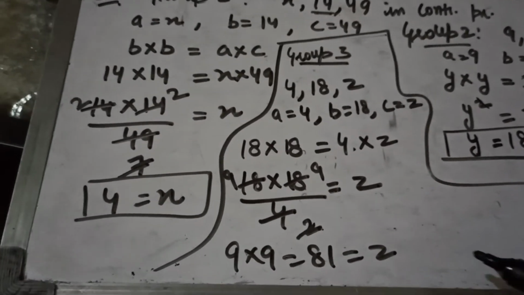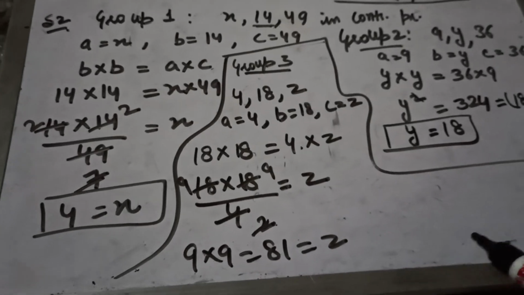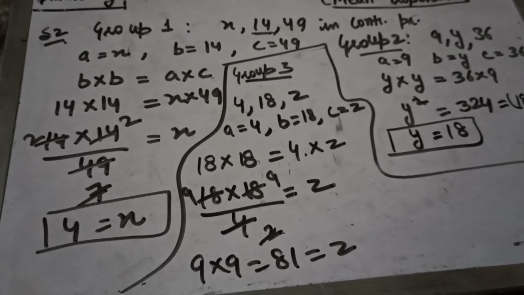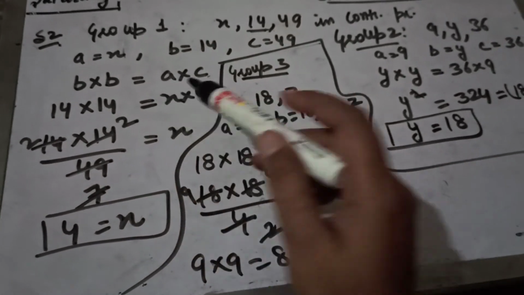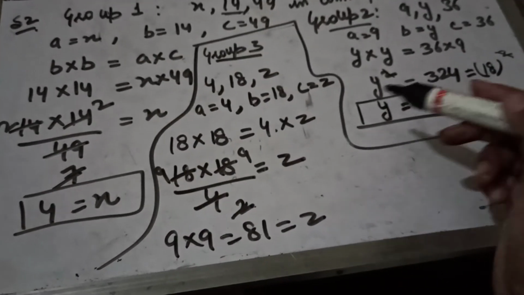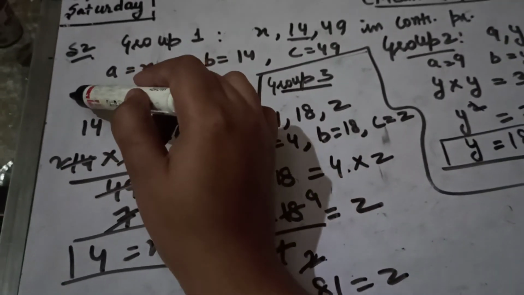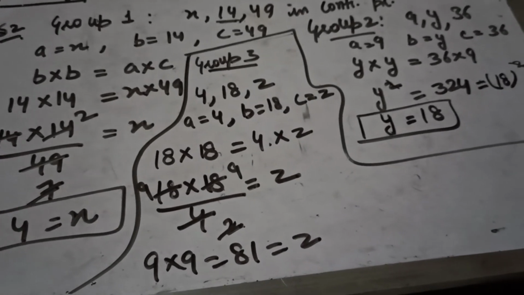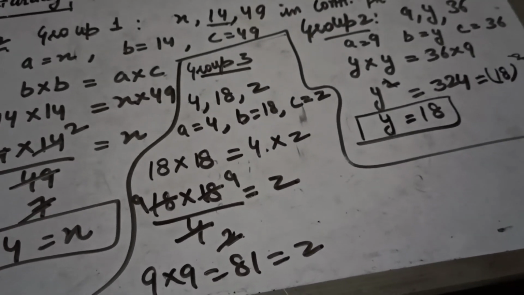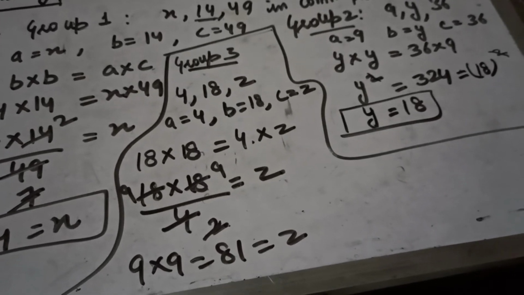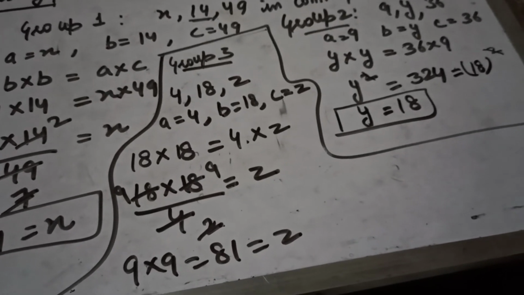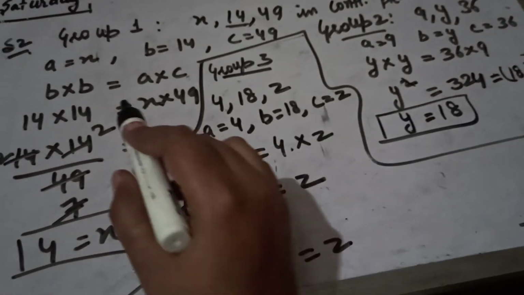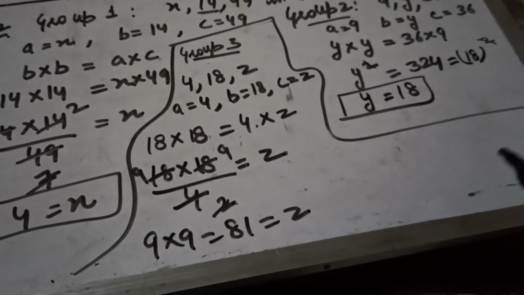Clear, students? So this is the way to do the question when the question is in continued proportion. When the question is given in continued proportion, we will apply the formula. The formula applied in the complete exercise is just this one, just the values have changed. See Q3: if the product of the extremes of two ratios in continuous proportion is 100. It means what? Extremes are A and C, right?